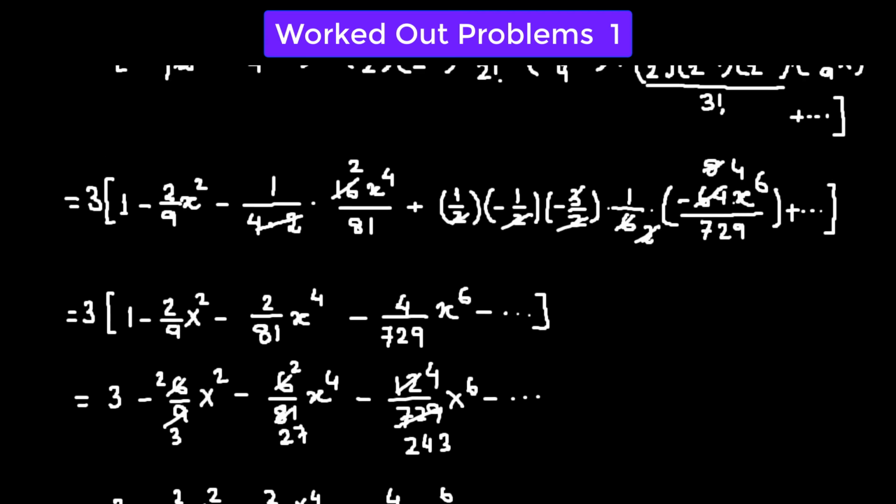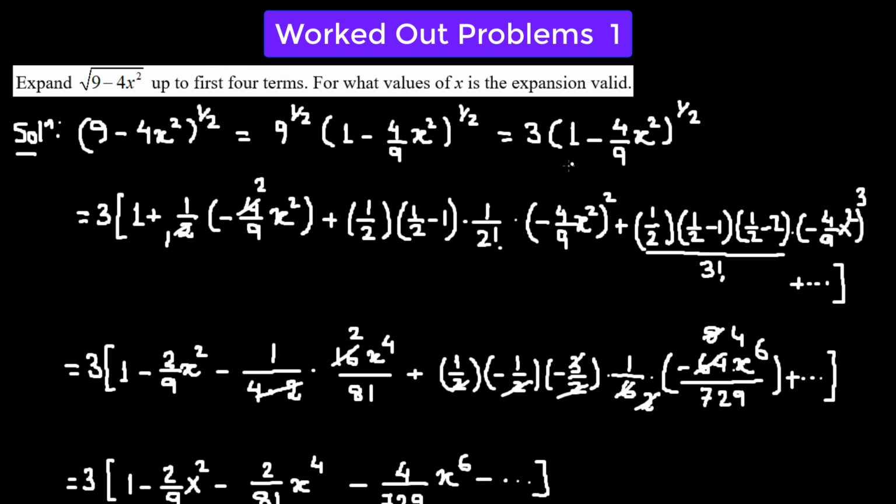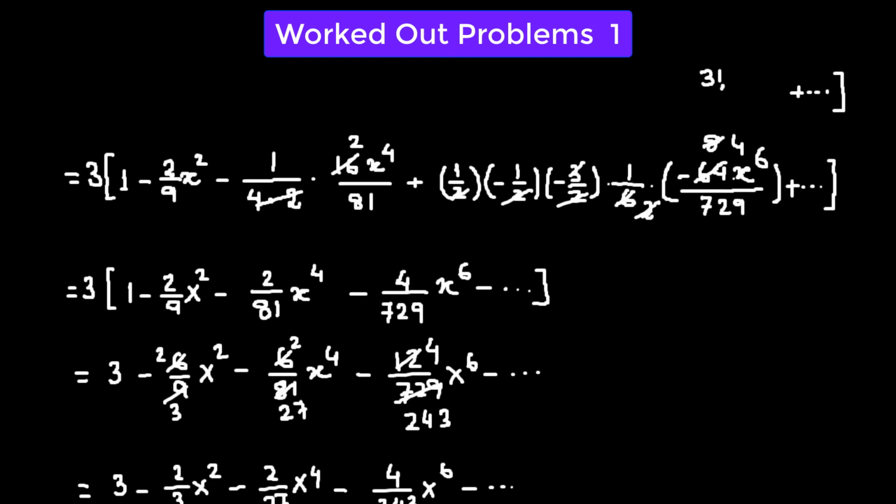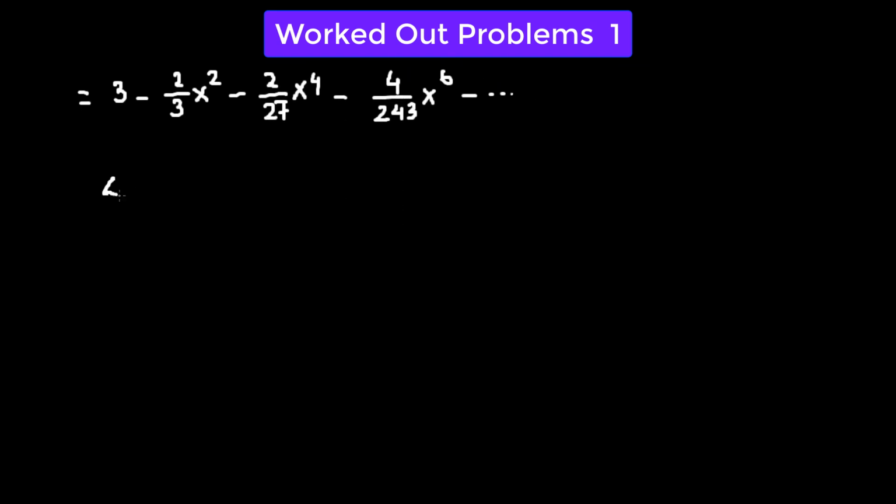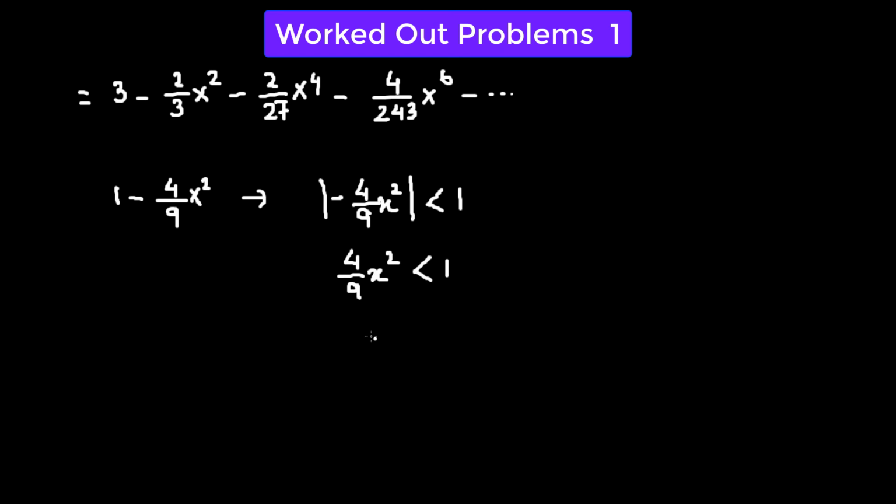Now we have to determine the value of x for which the given expression will be valid. So we will consider this expression, 1 minus 4 over 9 x squared, and here we consider the absolute value of negative 4 over 9 x squared to be less than 1. So this will give us simply 4 over 9 x squared less than 1, multiplying both sides by 9 over 4. So we have x squared less than 9 over 4,